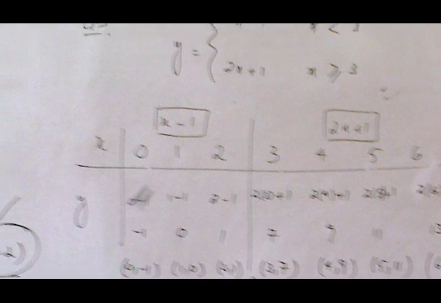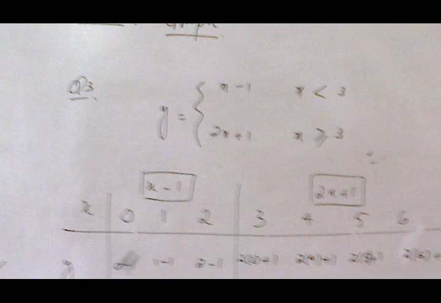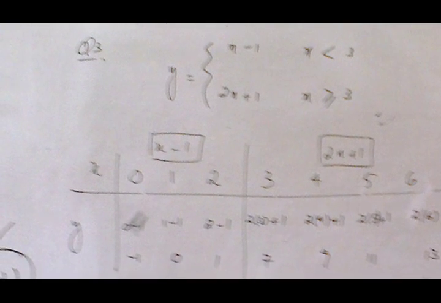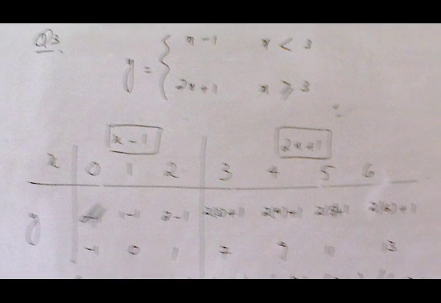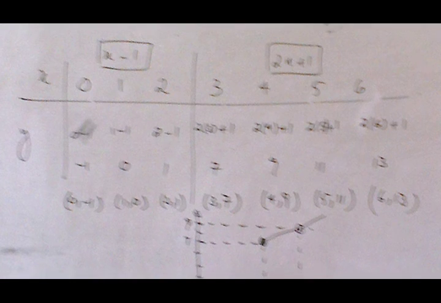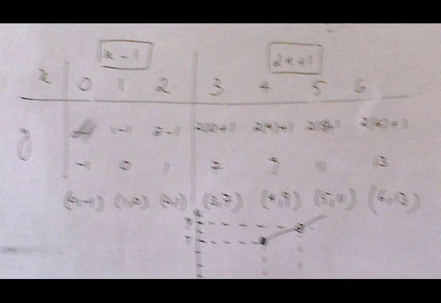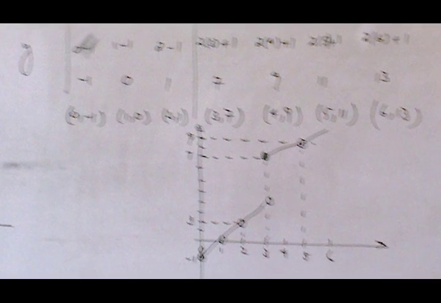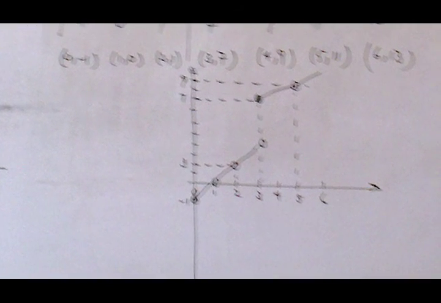We put these values in the function. Less than 3 we put in x minus 1, 0, 1, 2, and greater than or equal to 3 we put in 2x plus 1. Now its values are. Next we plot these graphs separately. Now the first graph